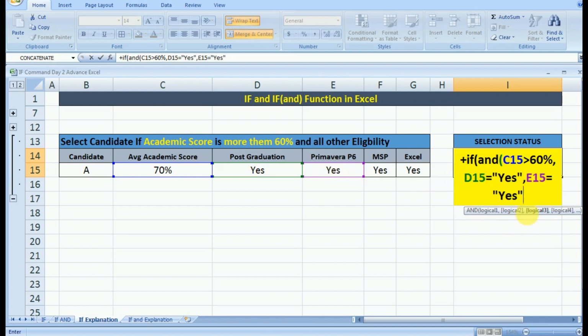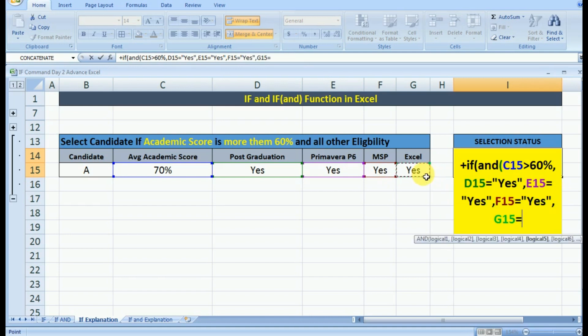When you put the comma again, it will ask for the fourth logic, which is that the MSP input cell should be yes. And when you put comma again, it will ask for the fifth logic, which is the Excel input should be yes. Now if all these conditions are met, we first close the AND command.